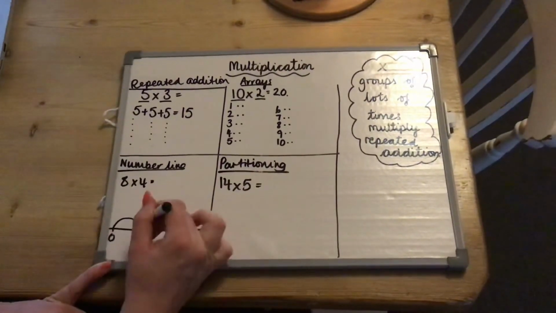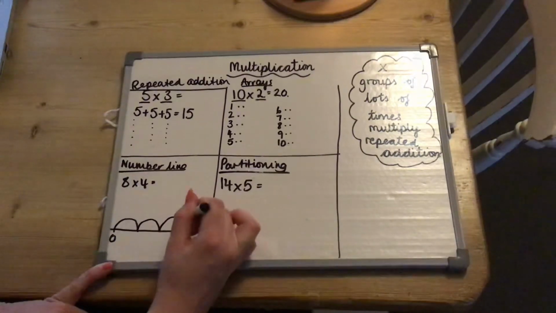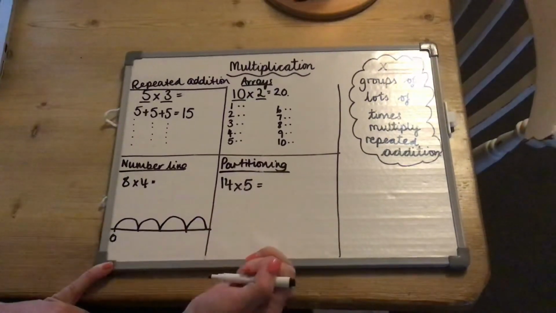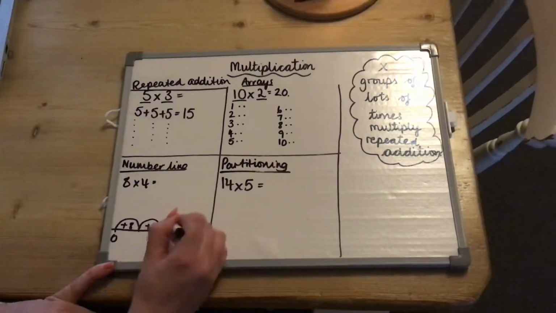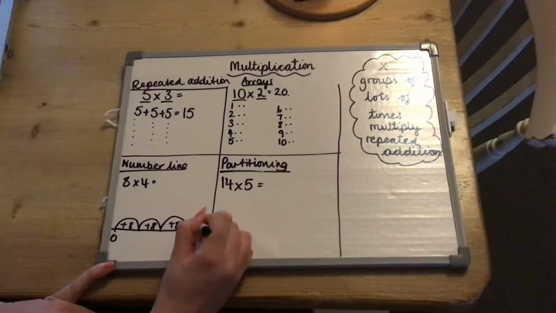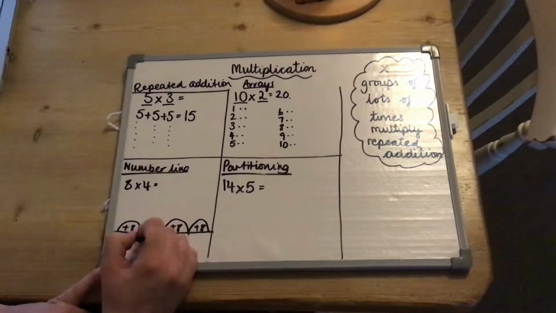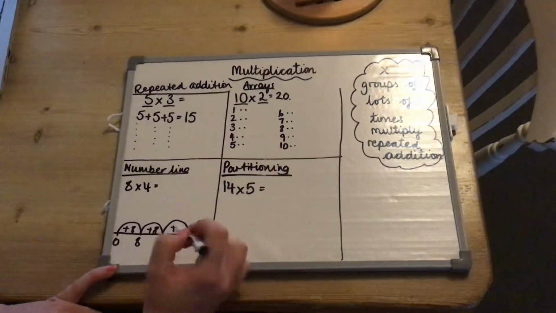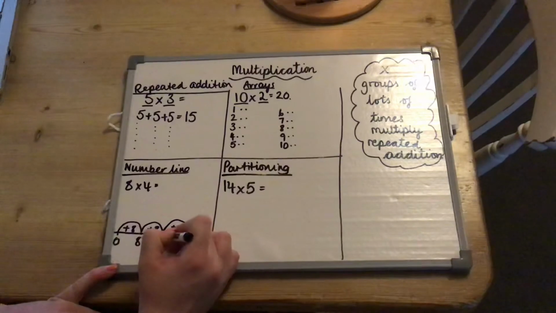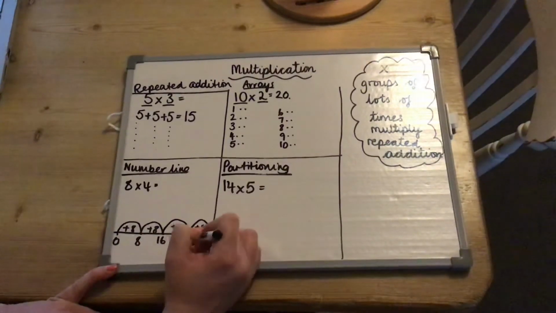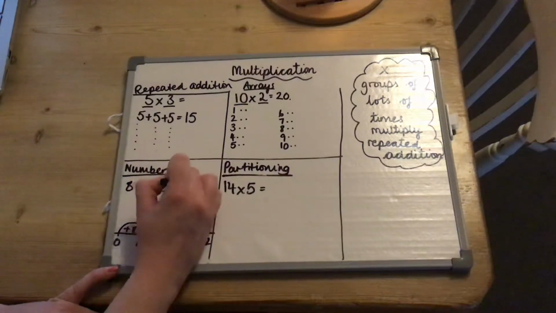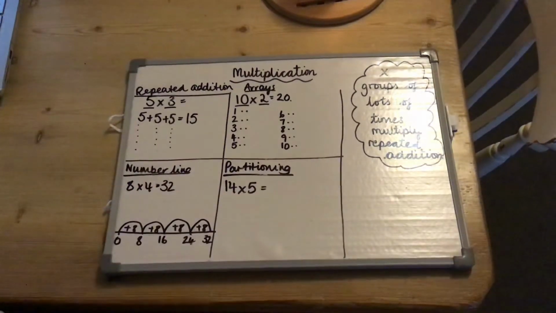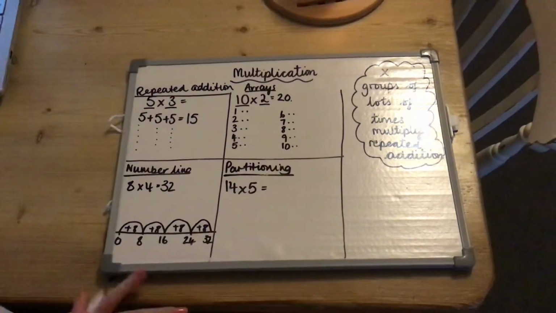I'm going to go 1, 2, 3, 4. Now, each time I'm adding 8. When I've added 8 to 0, that gives me 8, of course. When I add another 8 to 8, that gives me 16, 24, and finally 32. It's worth using 100 square or counting on your fingers just to make sure that you're